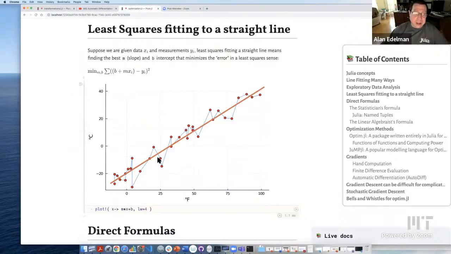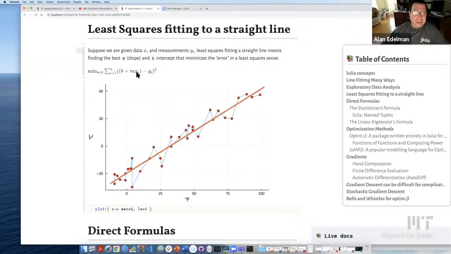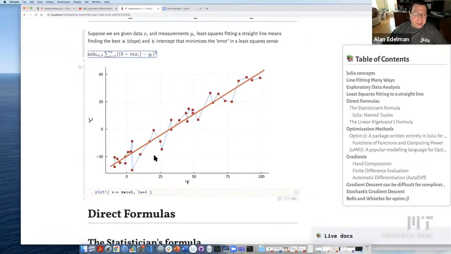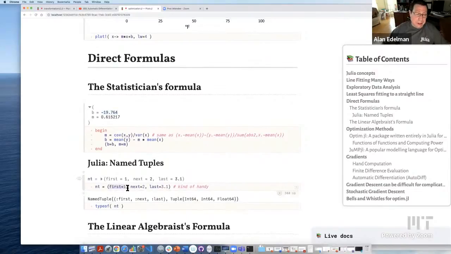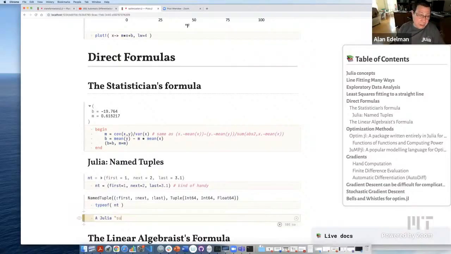Well, we have this data, these red dots, and these red dots have x coordinates, so we'll call that xi. I have my data in this x vector, and if I have an intercept b and a slope m, that is by definition the best straight line. Basically, I can call the first thing first, the second thing next, last. It actually keeps a Julia symbol